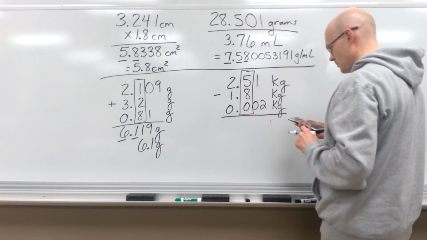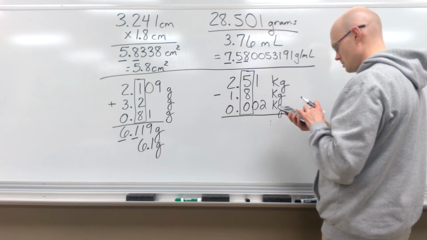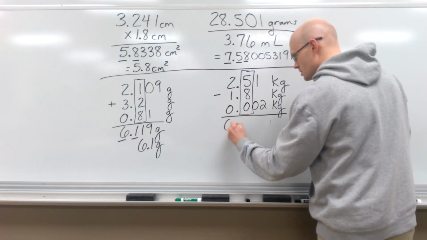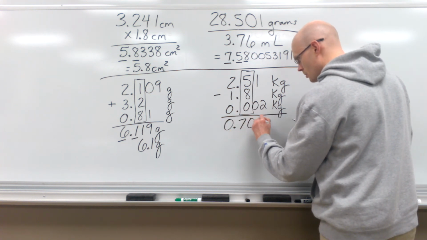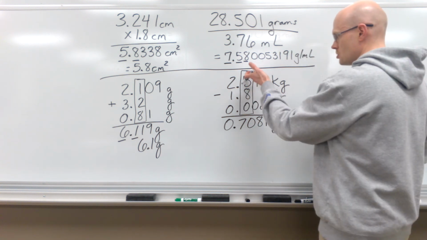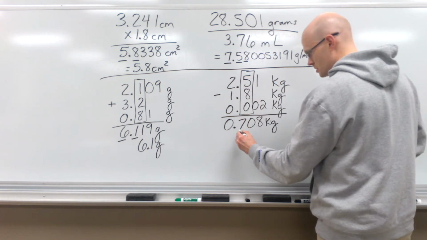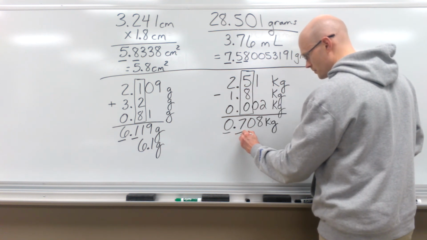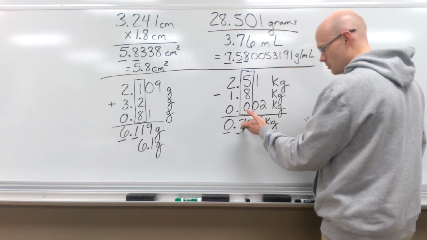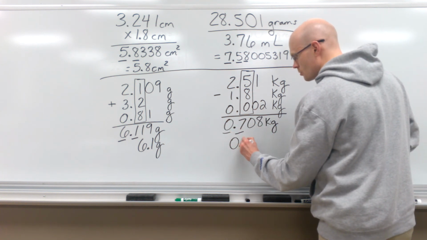So when we solve this, 2.51 minus 1.8 minus 0.002, and the calculator says 0.708 kilograms, we have to round our answer to the common decimal, the common digit of precision, that tenths position. So we'll have 0.7, look behind it, 0.08 would round it down, would keep it at 0.7 rather than 0.8. So we round our answer to 0.7